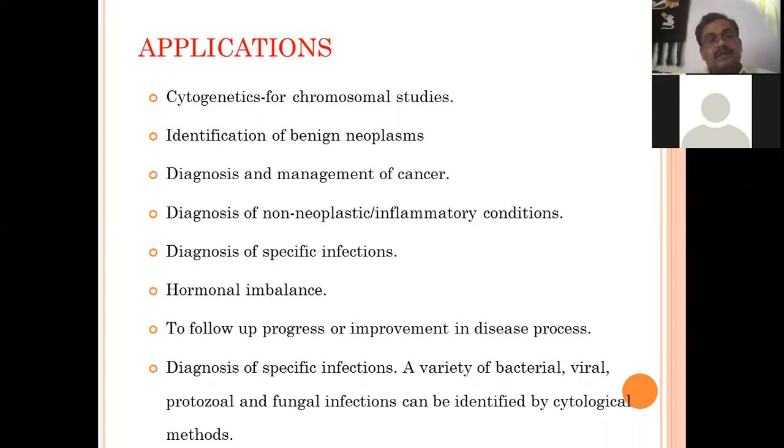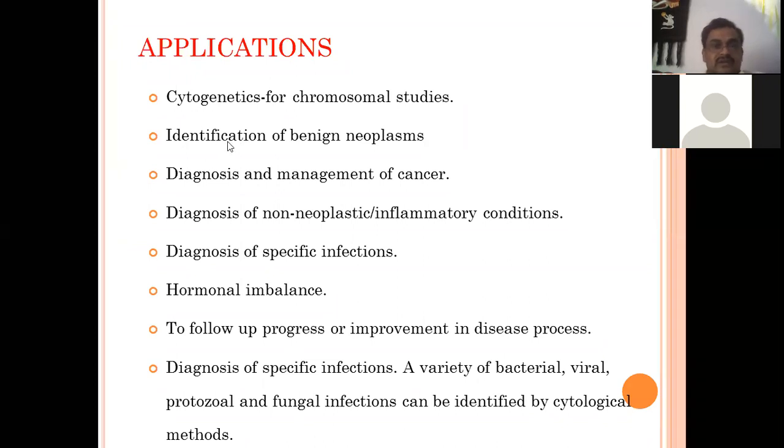Overall, the different applications of diagnostic cytology include cytogenetics, that is, to study the chromosomes of the cell. It can also give information about the sex and the age of the patient by only studying the cell. You know that Barr bodies, the presence of Barr bodies in some cells, can also be studied this way. So in genetics, it has its application.